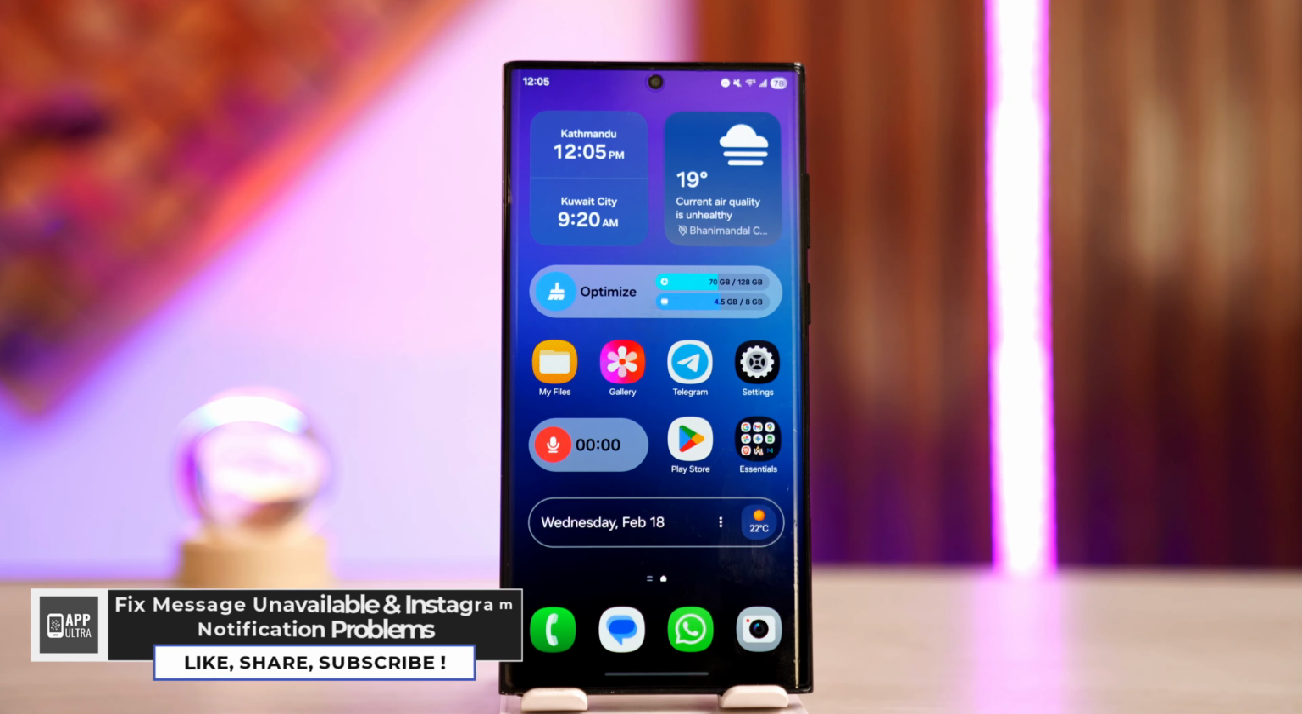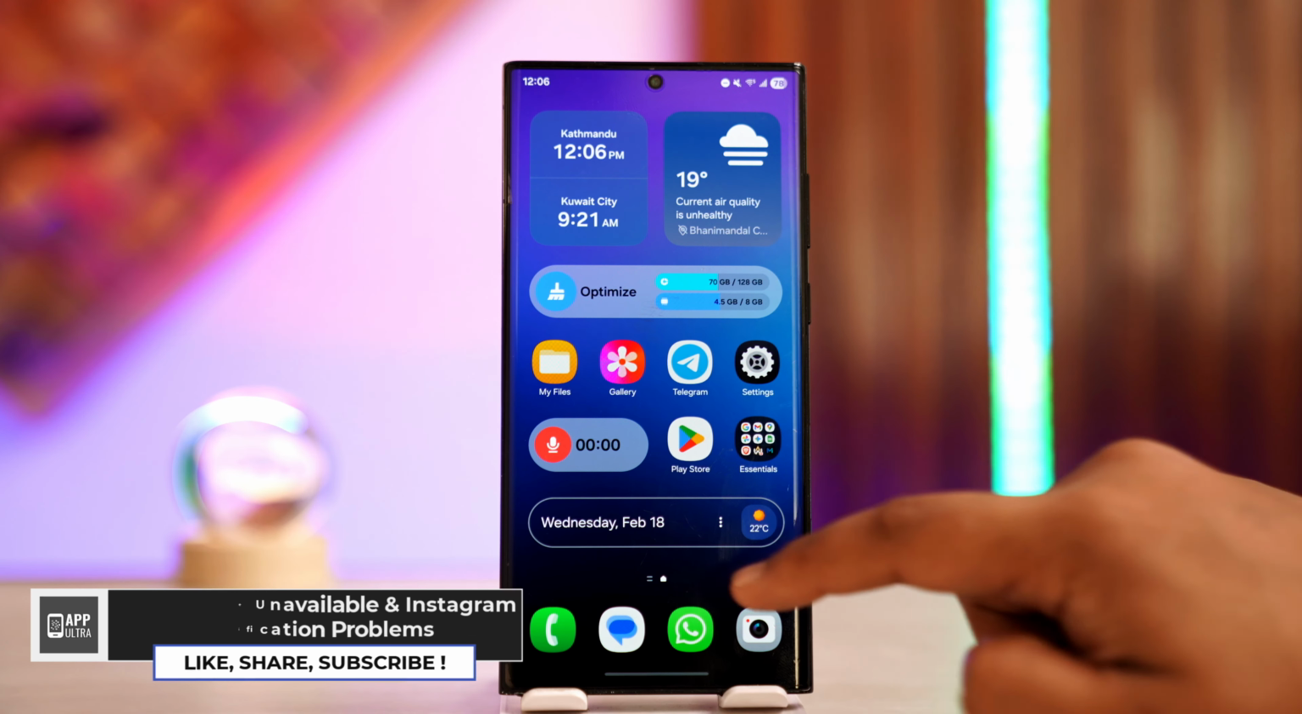Fix message unavailable and Instagram notification problems. So if there are messages that are unavailable and it's showing Instagram notification issues, the first thing you can try to do